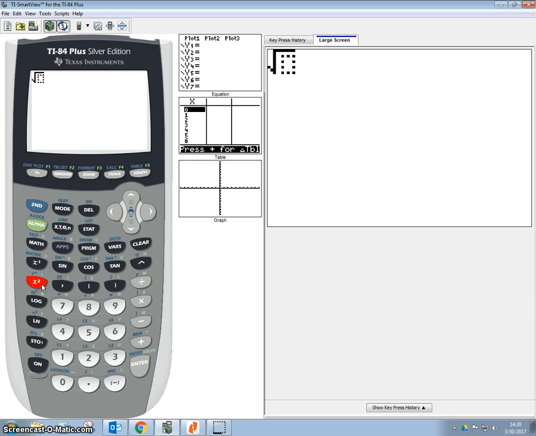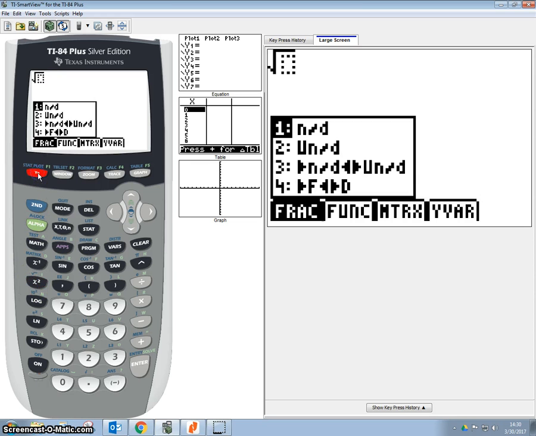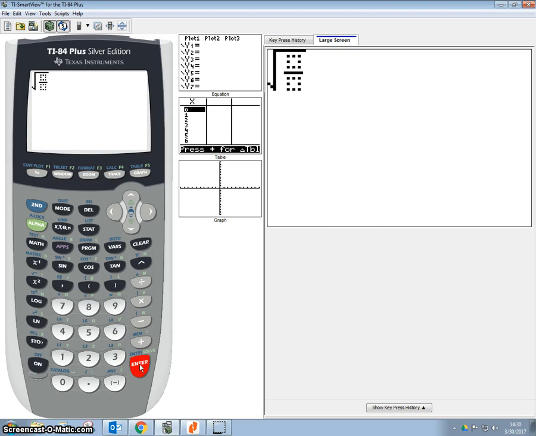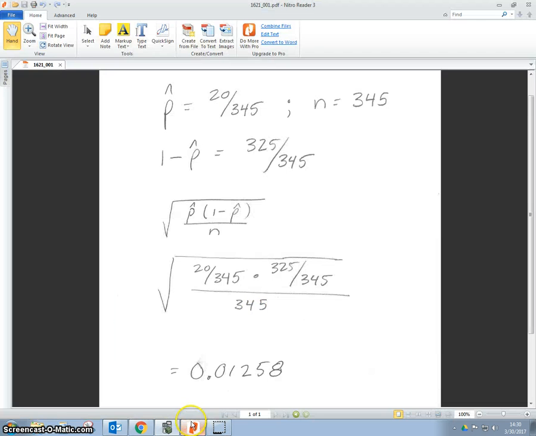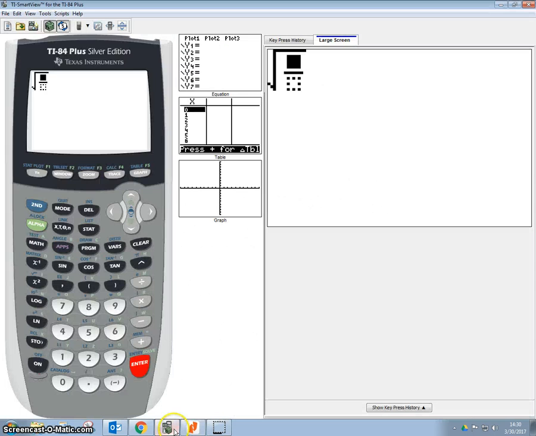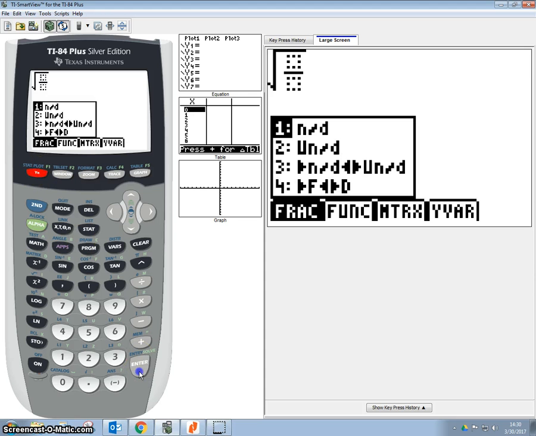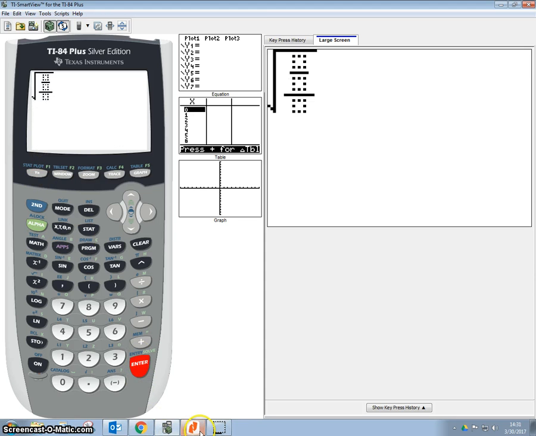Okay, now let's go put a ratio in there. So alpha y equals, enter. There's our first ratio, but we need two ratios on top. So we need to get these two ratios on top up in the numerator. So I'm going to build another one right away, alpha, and then the y equals, and enter. So there is the first of two ratios in my numerator, and this one was 20 over 345. So 20